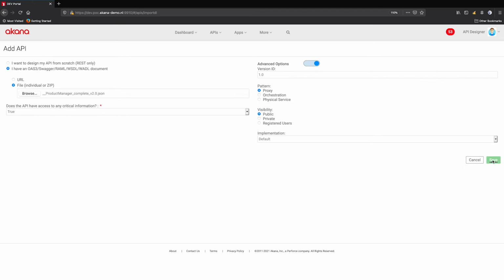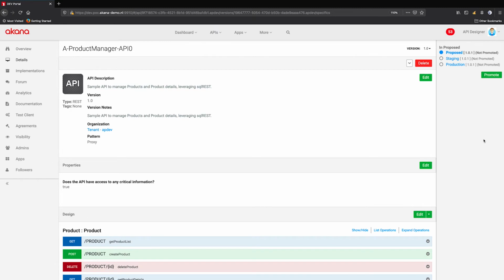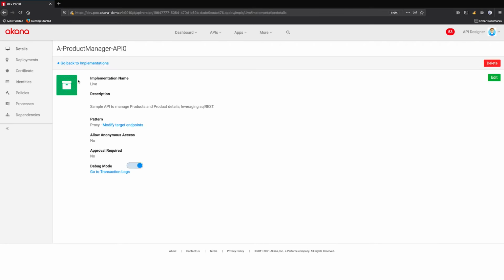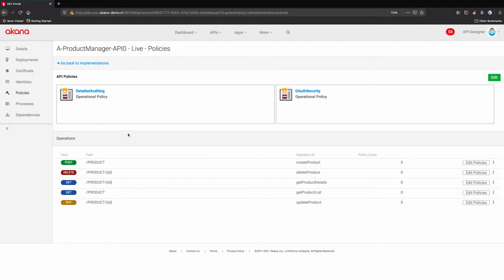So the result of this is that the API product will be created, so another flavor, if you will, of that product manager API. But if I now look at the implementation detail, then you will see that in the policy section, there's not 1, but even 2 policies that have been automatically associated with this API. So it means API created, security applied automatically.